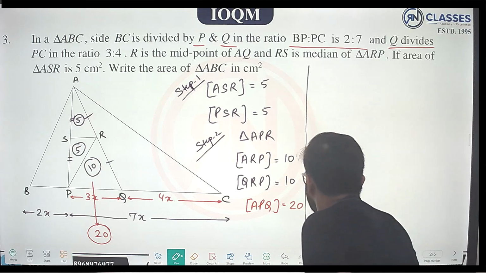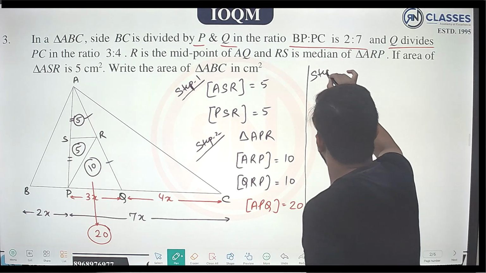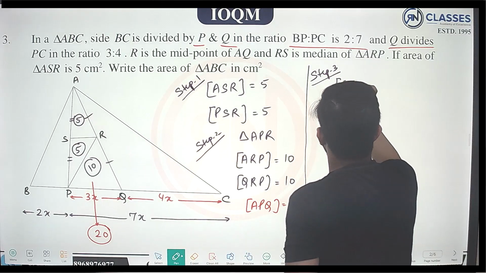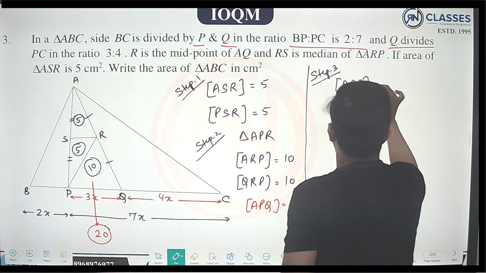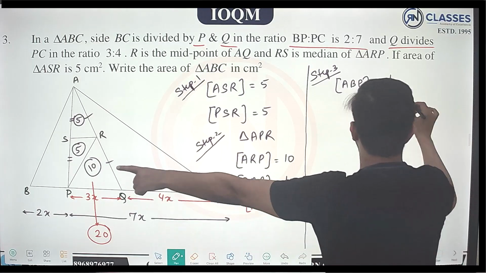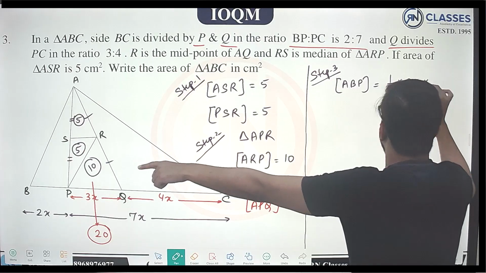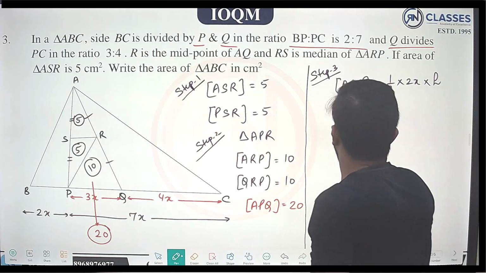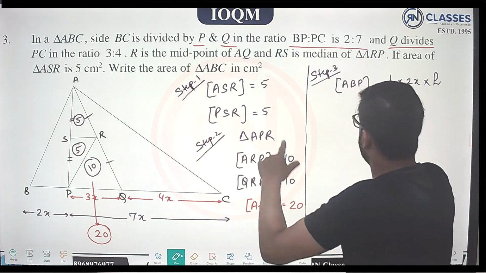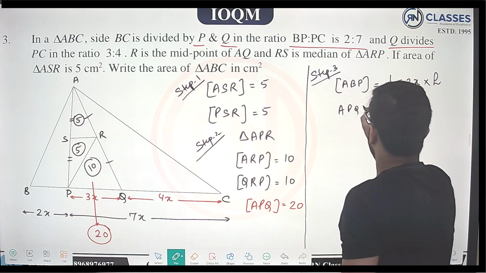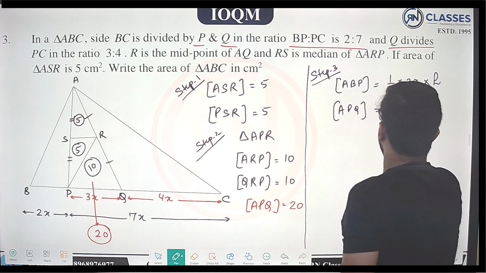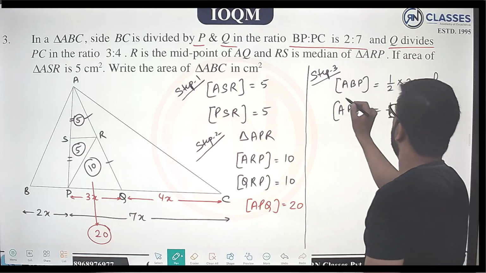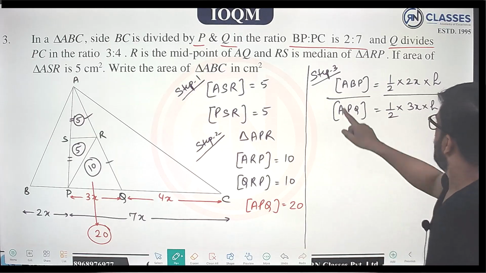स्टेप 3 किस ट्राइंगल की? ABP। मेरे को चाहिए इसका एरिया, क्या आने वाला है? हाफ। बेस कितना है मेरे पास? 2x, और हाइट A से परपेंडिकुलर गिरना है, h ले लो, राइट। इसी के नीचे लिखूंगा मैं कौन सा? APQ, APQ, राइट। इसका भी क्या होगा? हाफ। बेस आया मेरे पास 3x, हाइट आई मेरे पास h, डिवाइड कर दो, बस चीज है।